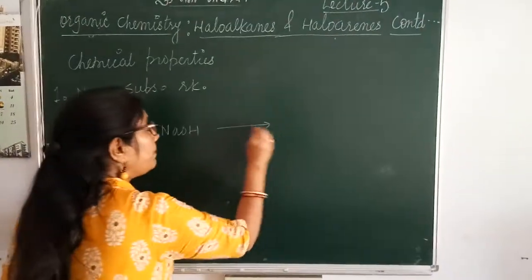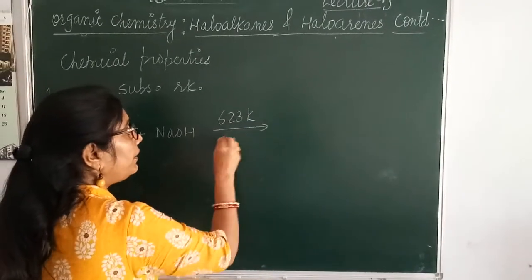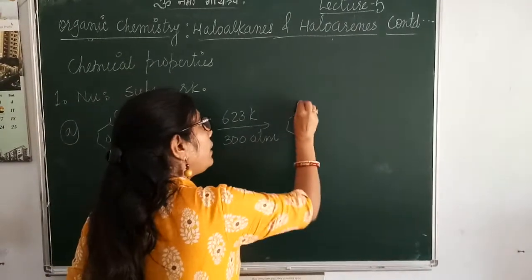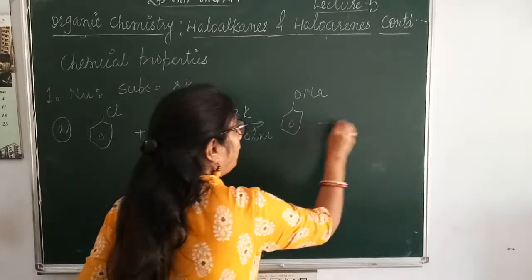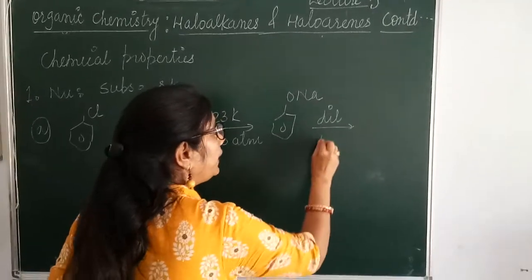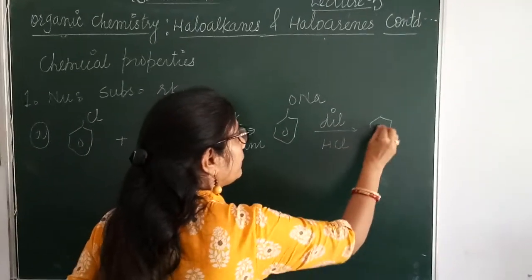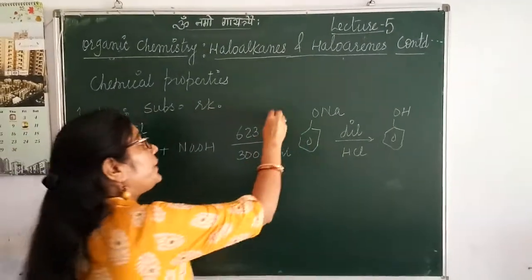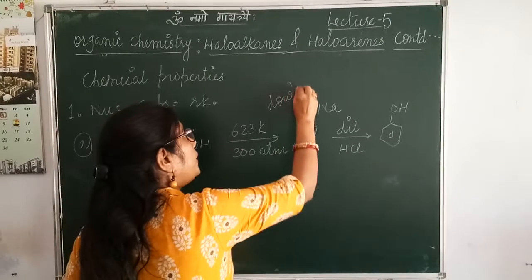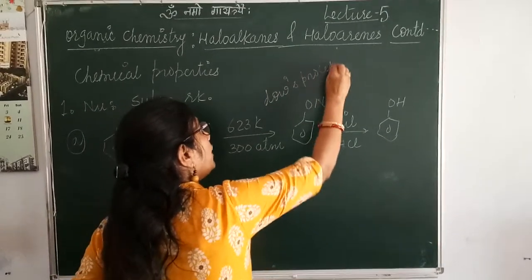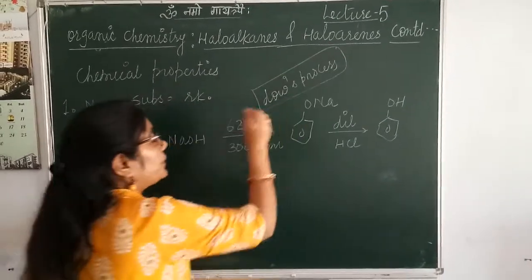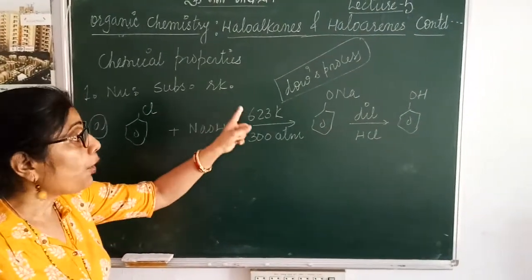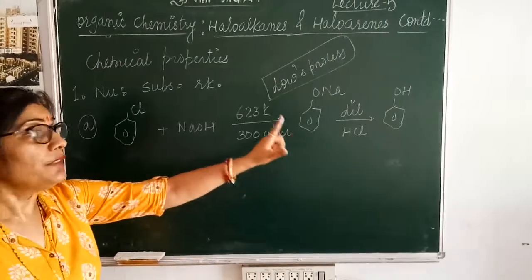But if temperature is 623 Kelvin and pressure 300 atmospheres, first of all, sodium phenoxide is formed, which upon acidification gives phenol with the liberation of NaCl. This reaction is named Dow's process. In the next lesson we are going to study it during the preparation of phenol. So under normal conditions they would not react, but when proper temperature and pressure is given, they react and